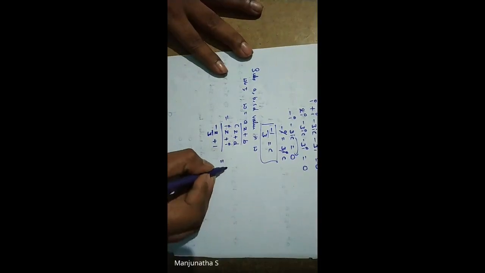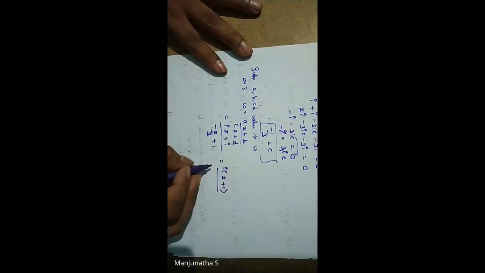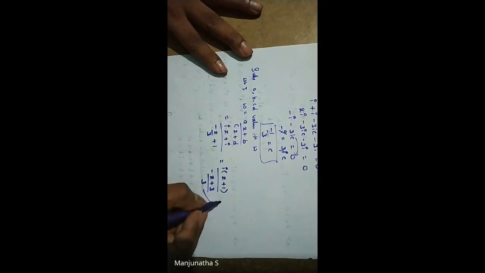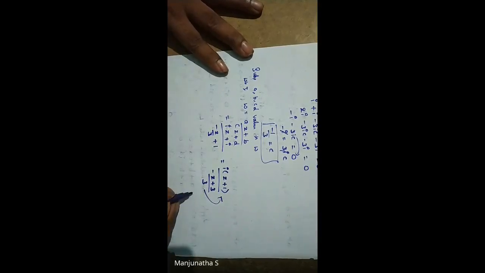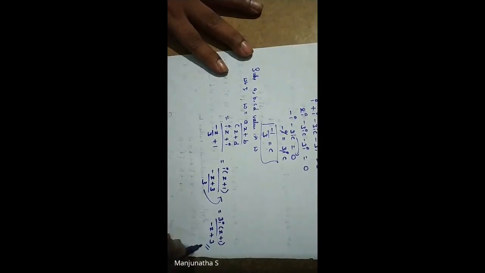So if you get an expression, here i is common, so I took i outside. Then in the denominator, minus z plus 3. So 3 into 1, 3 divided by 3. So the denominator is sent to the numerator. So w is equal to 3i of z plus 1 divided by minus z plus 3. So you can keep this as your final answer, or if you still want to simplify, you can simplify.